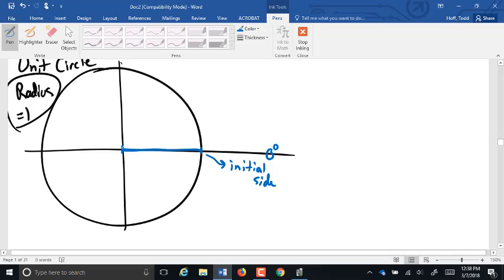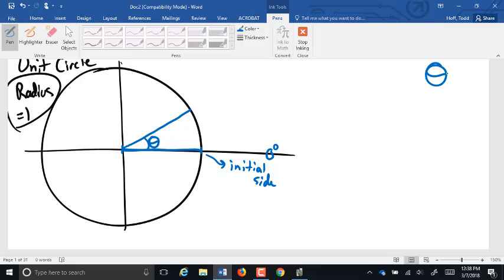So now I construct an angle by rotating a certain distance. That's my angle. I'm going to call it theta. Theta looks like that. That's just a Greek letter. Often when we're looking at angles, we use Greek letters for variables rather than our English letters. Notice that terminal side, we call it,